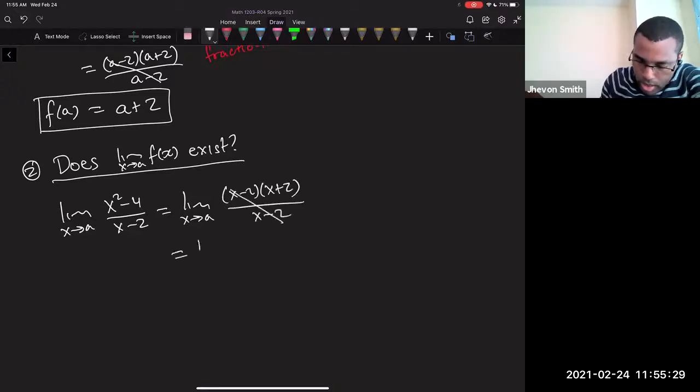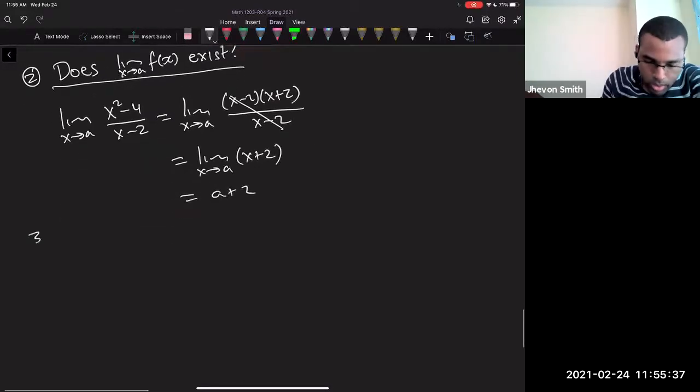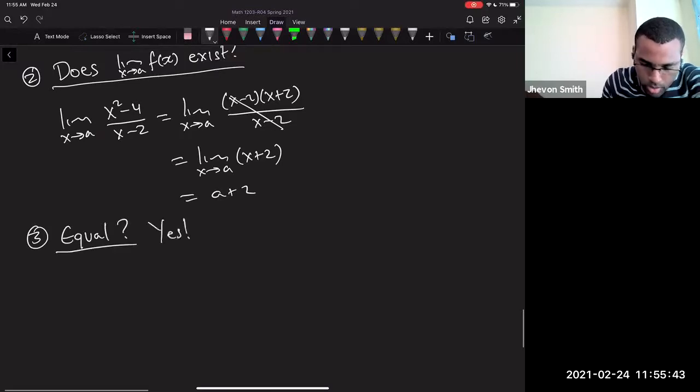These guys cancel. I just get the limit as x approaches a of x plus 2. This gives us a plus 2. Equal? Yes. So it turns out that the limit as x approaches a of f of x is equal to a plus 2,